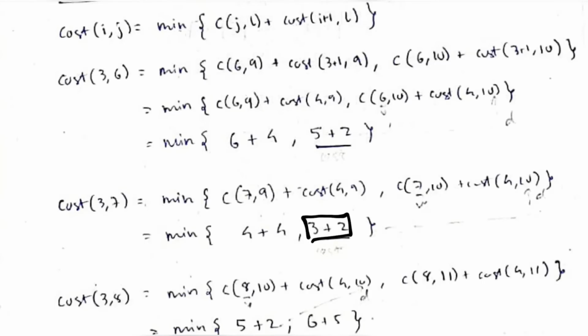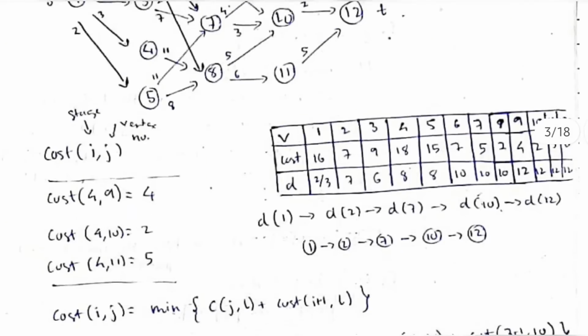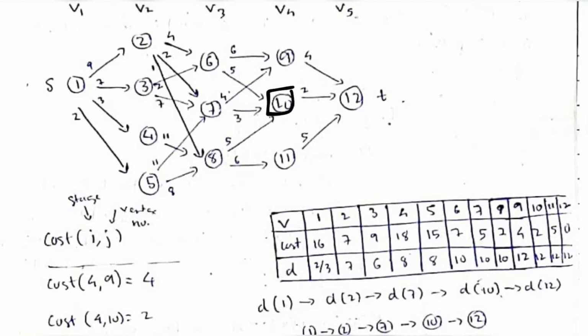Okay, this is the cost. And from which vertex we got the cost? From traveling to the 10th vertex we got the cost, right? So we'll be writing here the vertex number and the cost below 7, as 5 is the cost and 10 is the vertex. All right, so this is what we'll be doing for the rest of the vertices also.